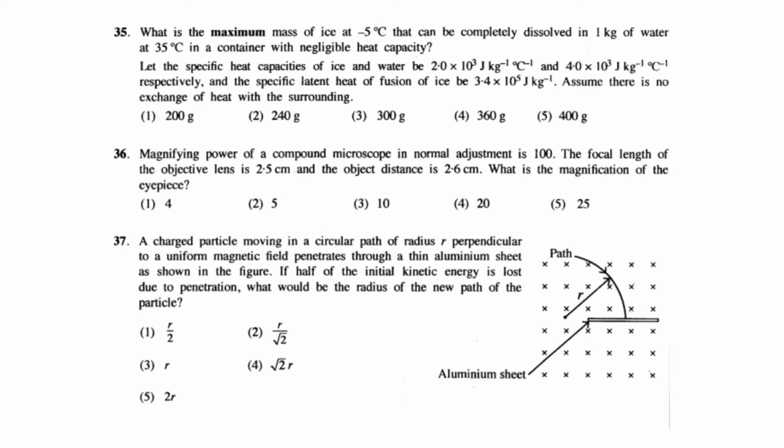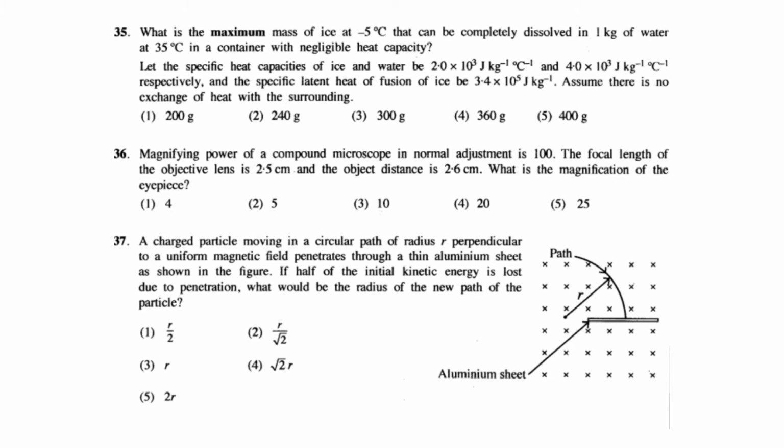This mass of ice absorbs heat from water to change its temperature, that is minus 5 degrees Celsius becomes 0 degree Celsius ice. Then 0 degree Celsius ice becomes 0 degree Celsius water by changing its state. So for that process it